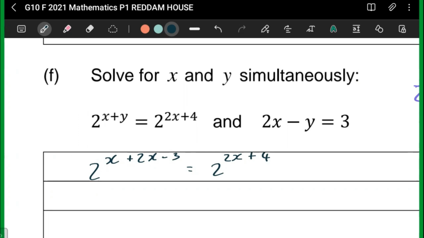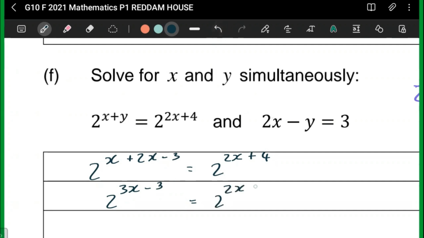So everything here seems good. We can just simplify some more. 2 plus 1 is 3. So this is like 3x minus 3. And then, what is this now? 2 with 2x